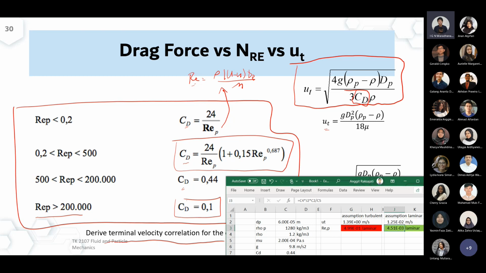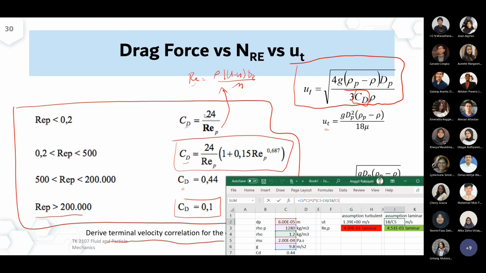Sorry, sir. Can you explain about the laminar again? Because I got a different value. Okay, so do you use the same formula, the terminal velocity, g d square delta rho per 18 mu? Is it different if I use the one above it? So you start from CD. Yes, sir. It shouldn't be different, because the CD now has to be substituted from 24 per RE. But that means you start with the RE.